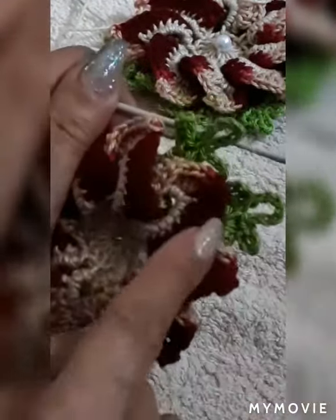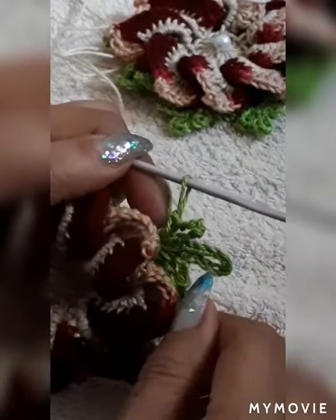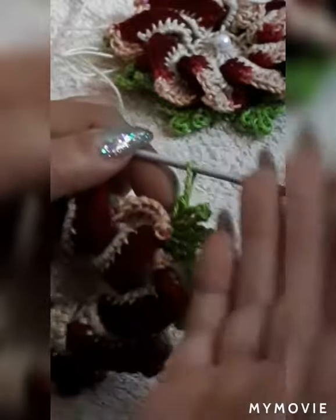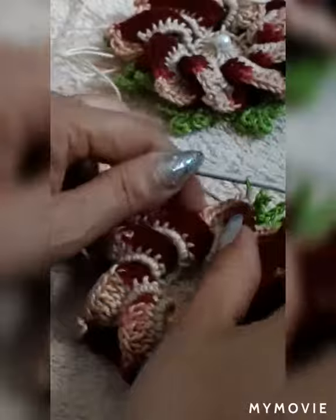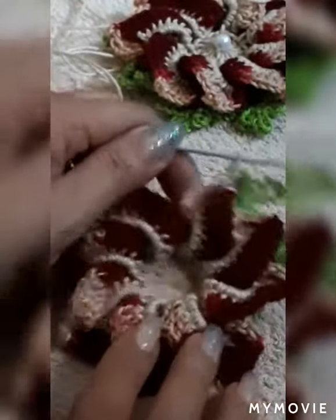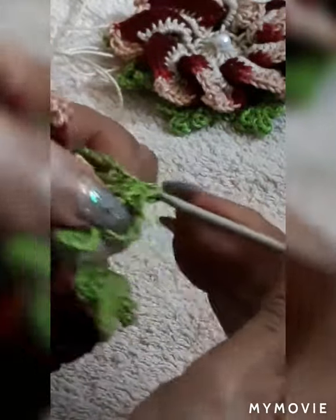The leaves are going to be in between the spaces of the petals. Again, if you're not creating the foundation for table runners or whatever you might apply this to, if you're just going to stitch it into a pattern, then you don't need to make this the 2 space place. You can go automatically right into the separation space, lock it in, and then go to your next one,